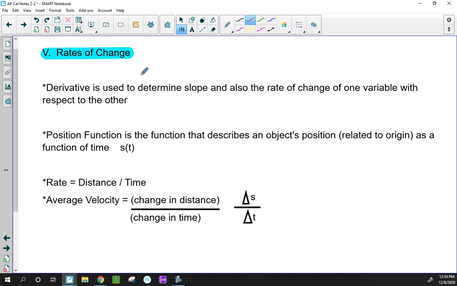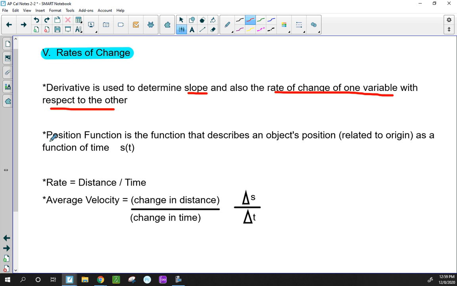Okay, next is on rates of change. Derivative is used to determine the slope and also the rate of change of one variable with respect to the other. Again, all of this is in your textbook, so I would suggest you read through it and look at examples as well to help understand it. But when you see the rate of change, it's a different way to say slope. And so what they like to do is use a little bit of physics, an introduction to physics, where